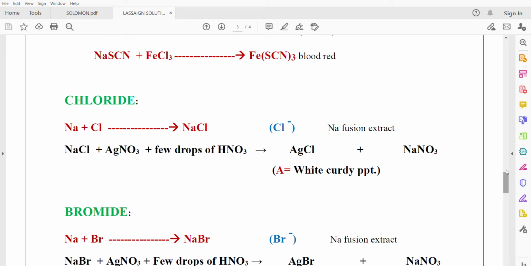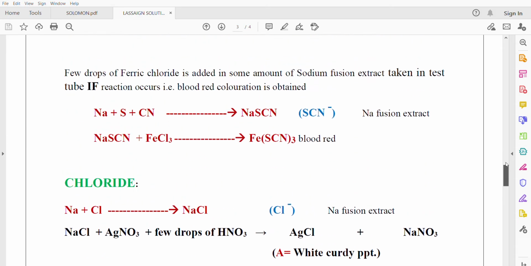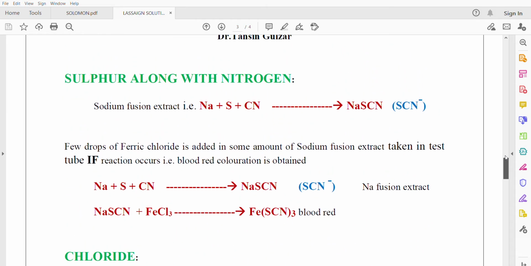For sulfur, if with lead acetate no black PPT is obtained, sulfur is absent. If violet coloration with sodium nitroprusside is not observed, it means sulfur is absent. And if